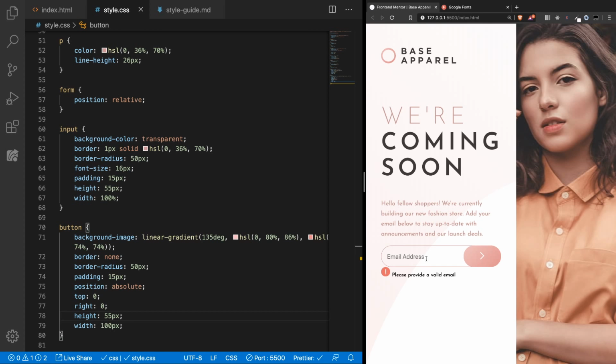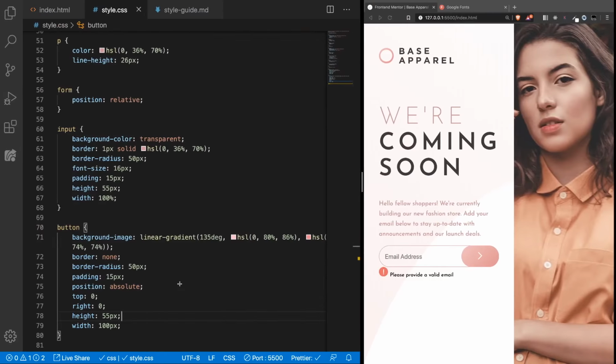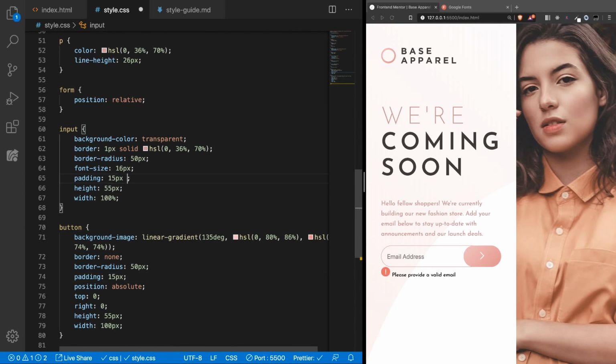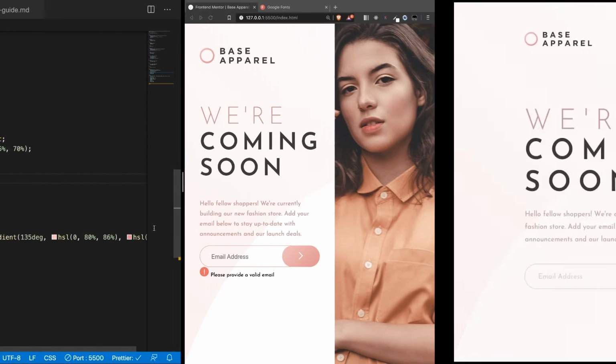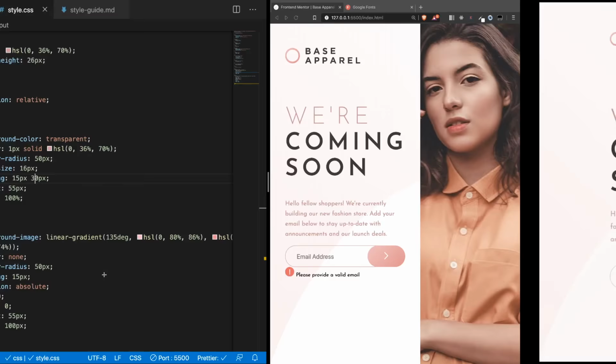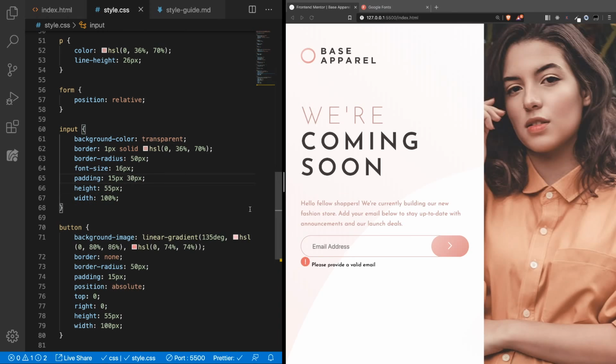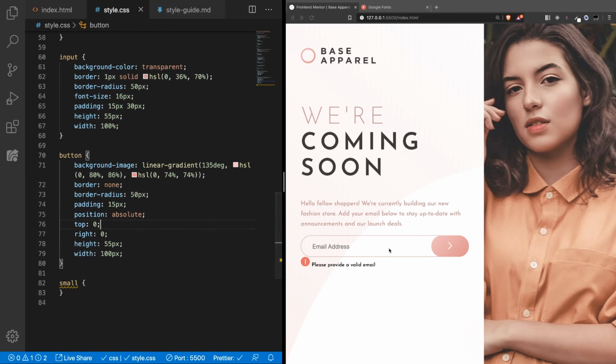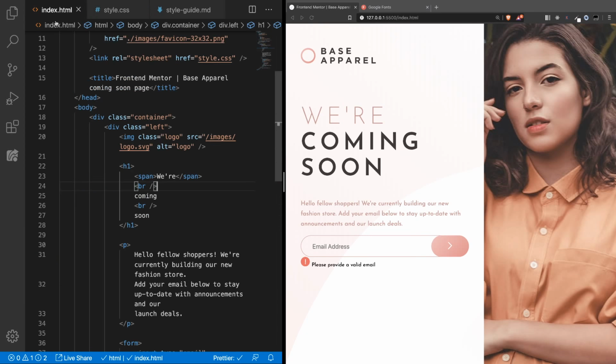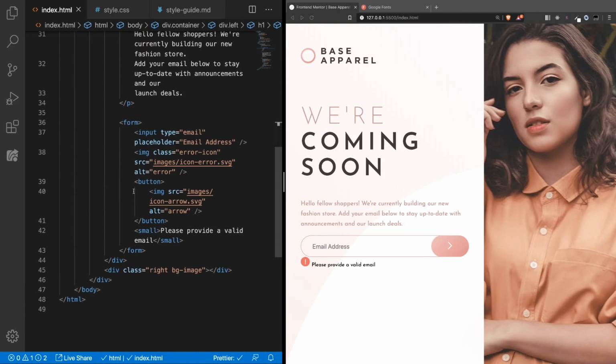How does background color transparent work? Well, it's just transparent. It makes it transparent. Nothing fancy there. Padding 20 pixels left and right, maybe more. You can see that it's pushed here a bit. All right. On the desktop now, look at that. It looks much nicer. We could now, considering that this is relative, we could also target this error icon class